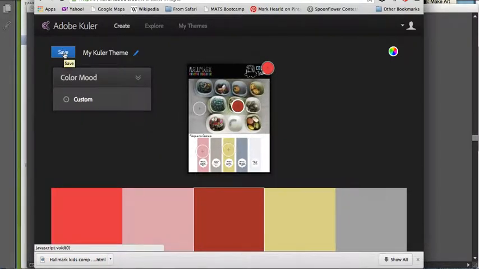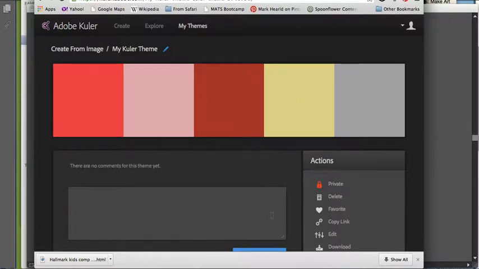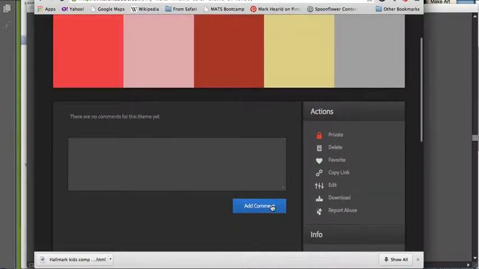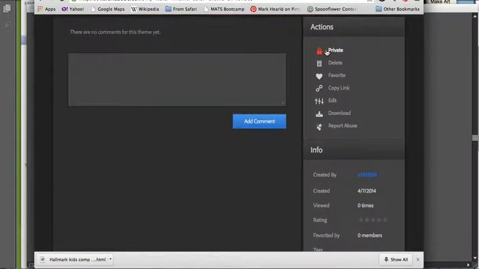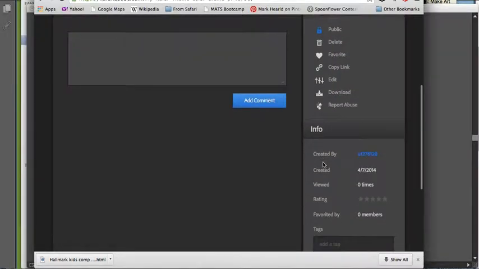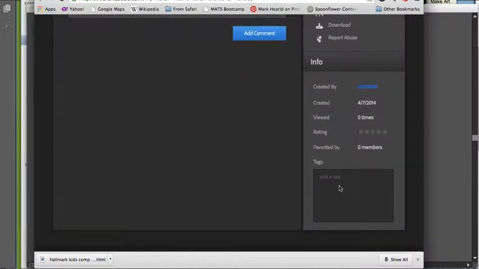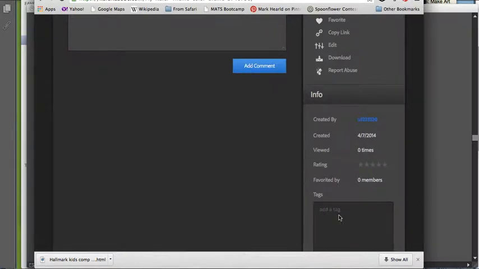If you're using CS6 rather than Creative Cloud, the best thing to do is unclick it as private so that it's available for anyone in public to view it and download it. And if you add a tag that you keep consistent, or something that you're going to remember to look for, so I always tag mine with my name, and then if I'm using an older version or I'm on a different computer,